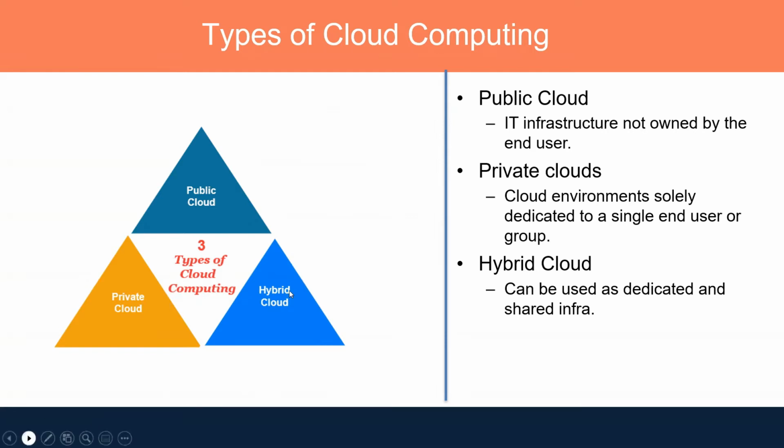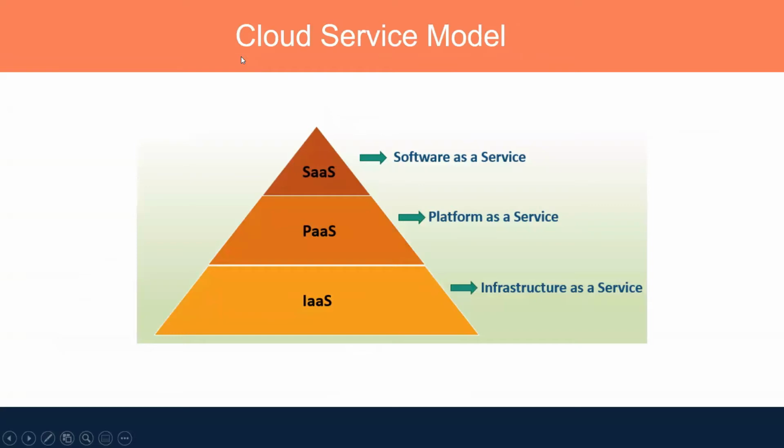Now moving to the next one: what services the cloud provides. Basically cloud services are divided into three parts. Infrastructure as a service, known as IaaS, platform as a service, known as PaaS, and the third one is software as a service, known as SaaS. In infrastructure as a service, you can create your own infrastructure.